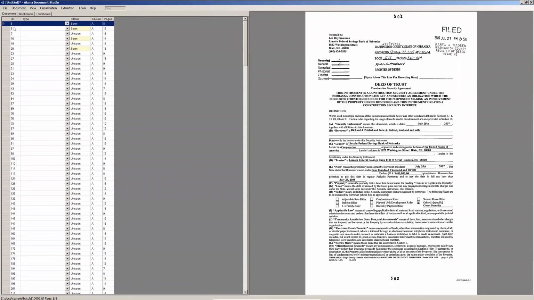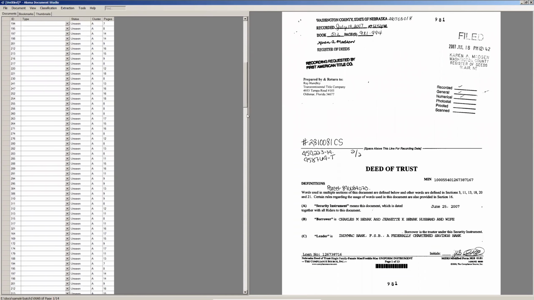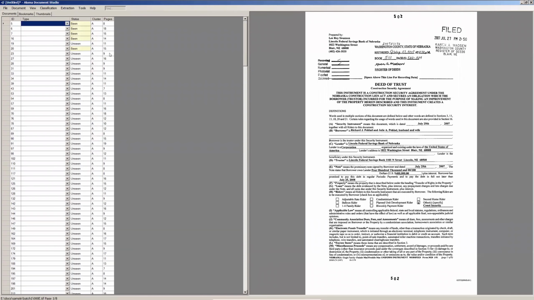So you see that the order has changed. The IDs are no longer in numerical order. And I've got this new column called cluster, which just has labels of A and so on. And if I go down, we can see it's labeled B and C and D. But the power of this is I can now have a fairly strong expectation that whatever is in cluster A,